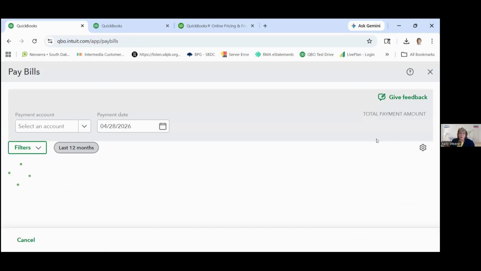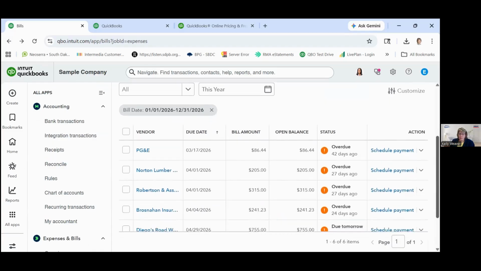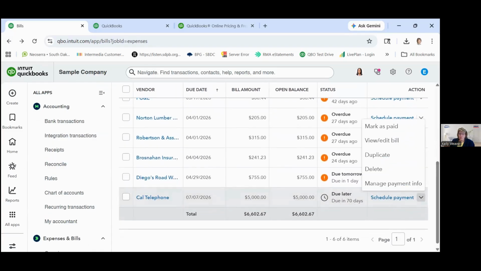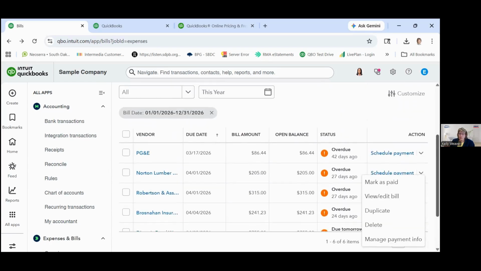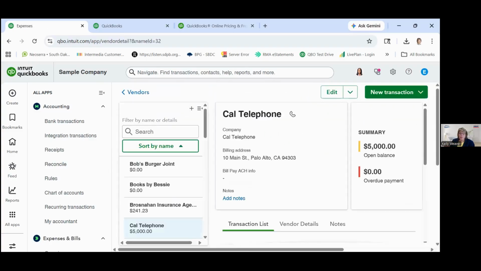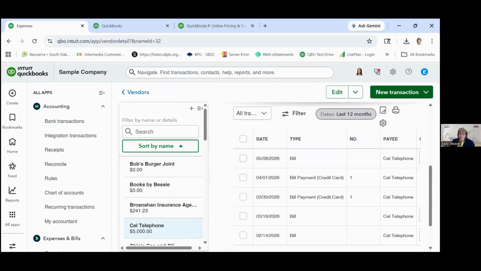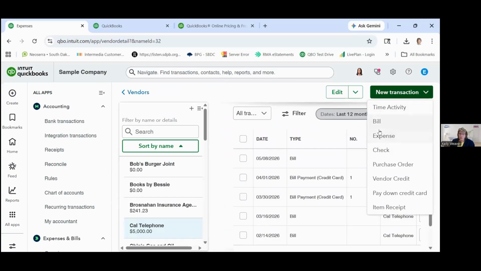So this again. Which tells us the same thing, gets us the same spot. So we're going to, oh, I don't want to do that. New transaction, bill.